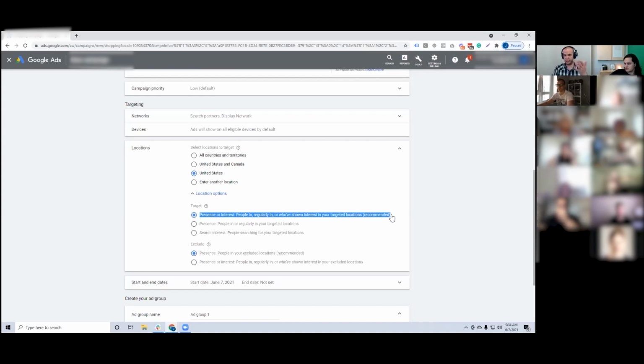That is, or even on your display on YouTube as an example. So only use this one: presence, people in or regularly in your target locations. This is really important because then Google ended up hiding